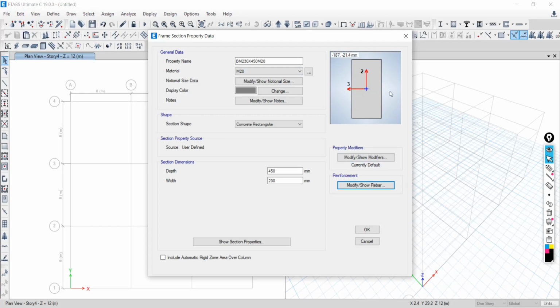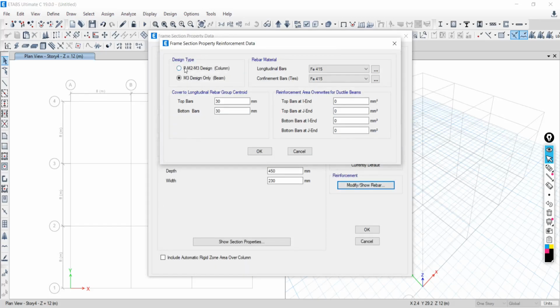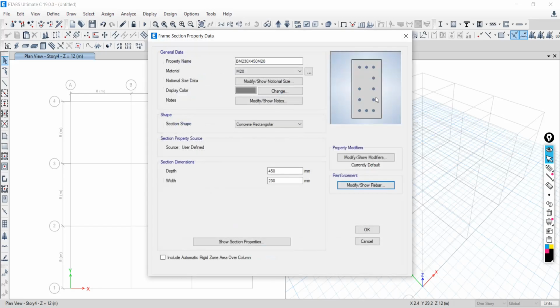If there is nothing in the representation of the reinforcement, you can judge that it is a beam. If you make it a column and say okay, a representation of the reinforcement will be there, just for understanding whether it is a beam or a column.